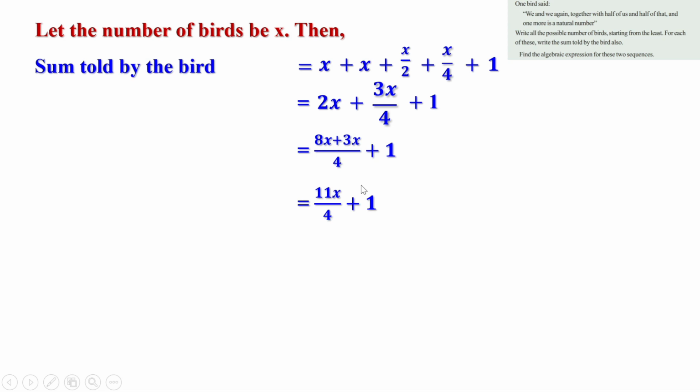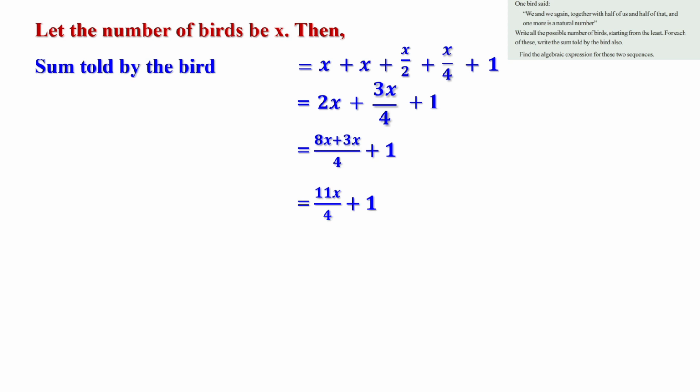The bird says that this is a natural number. When will this become a natural number? 1 is a natural number. So this is a natural number when 11x by 4 is a natural number. Now 11x by 4 is a natural number when 11x is a multiple of 4. Then only the denominator 4 gets cancelled. So 11x should be a multiple of 4. We know 11 is not a multiple of 4. So x should be a